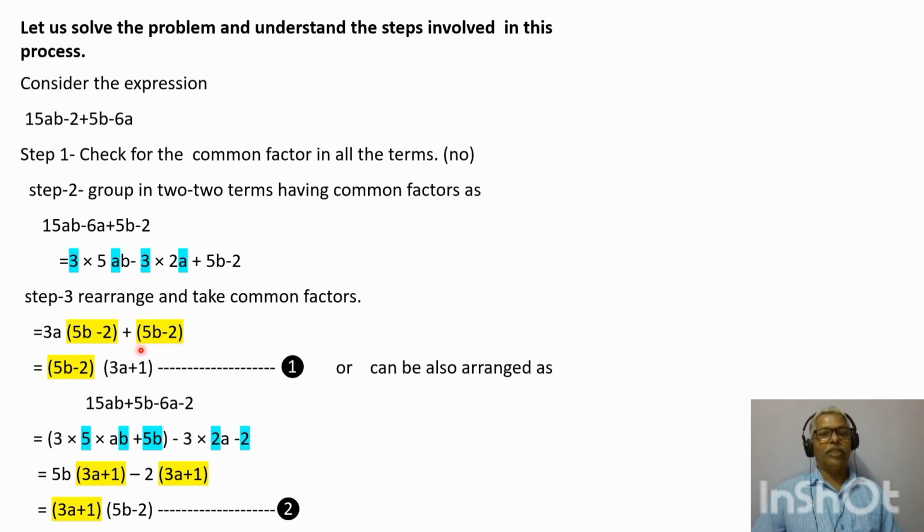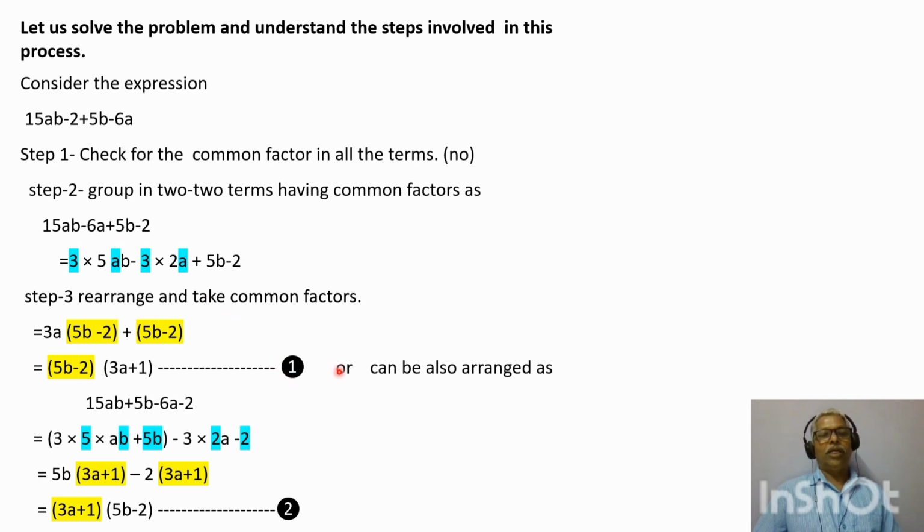Because in the next step you can take 5b minus 2 common. This carries a coefficient 1. So 5b minus 2, if you take common this yellow one, and what remains inside the bracket is 3a plus 1. Okay, so note this as solution 1, because we are now going to solve the same problem